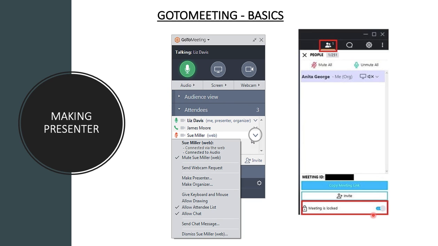He would be in the waiting room, as they call it, and only when the organizer wants, he can unlock the meeting to allow him into the session. So that's again an important feature of GoToMeeting.